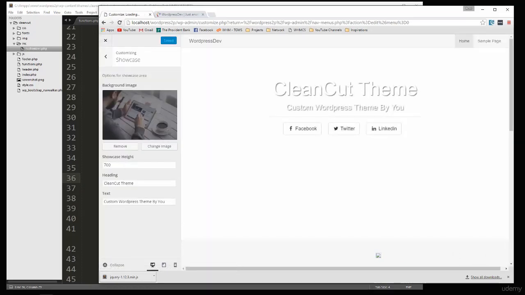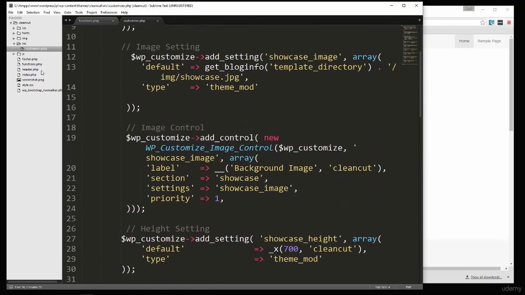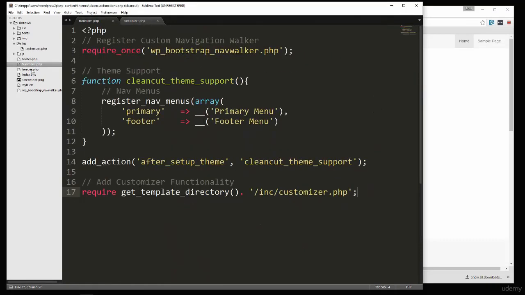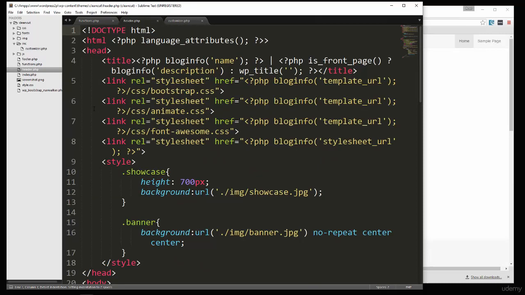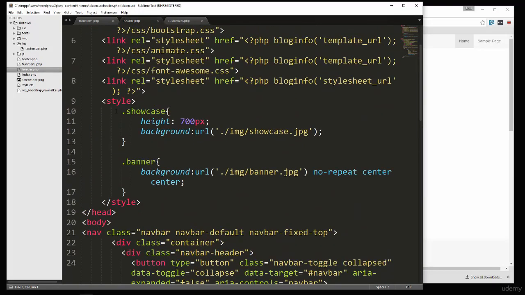Okay, so it should look like this. Now let's actually implement this. So what we want to do is let's open up header.php, and we have this in here because this came from the index.html. What we want to do is make this dynamic. So the showcase height, we're going to get rid of that,